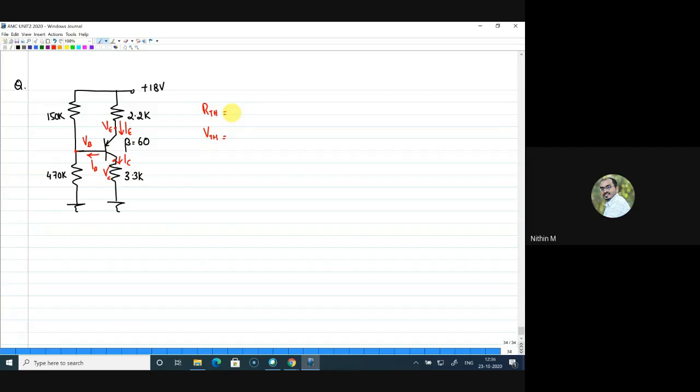All of you try. The difference is you have a PNP transistor where P is connected to the plus 18 volt supply through the resistance. Again, our assumption is the transistor will be in the active region, by looking at the P and N and P terminals connected appropriately. This is P, this is N, and this is P. The emitter-base junction will definitely be forward biased because P is connected to 18 through 2.2, but N is connected to 18 through 150K. By evaluating the potentials VE, VB, and VC, finally we can prove whether the assumption of active region holds good or not.